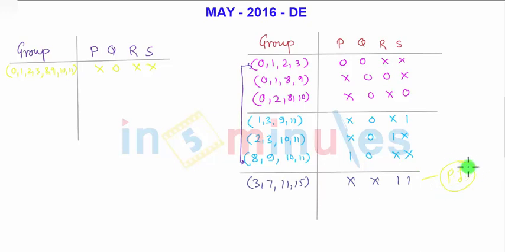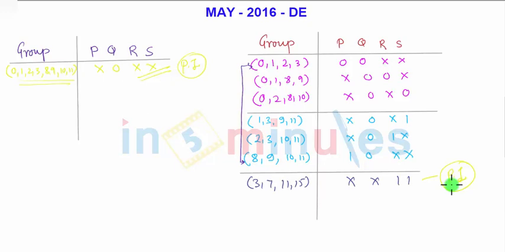Okay, why these are not declared as a prime implicant? Because the terms 1 3 9 11 and 2 3 10 11, they are already coming in this section here, so this cannot be declared as the prime implicant. Whereas 3, 7, 11 and 15, so 15 is new here, while 3, 7, 11 is used in this group. 15 is not used, since 15 is not having any pair with another group, that's why it is defined as the prime implicant here. So we have two prime implicants because we cannot further divide this group. So this is prime implicant first, this is prime implicant second.